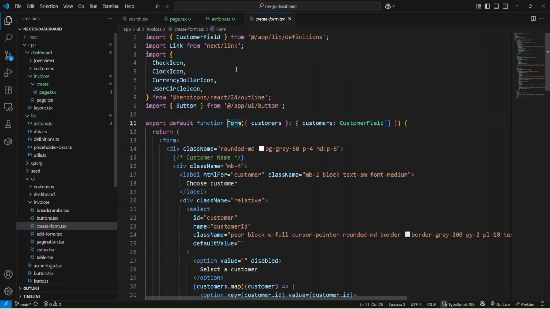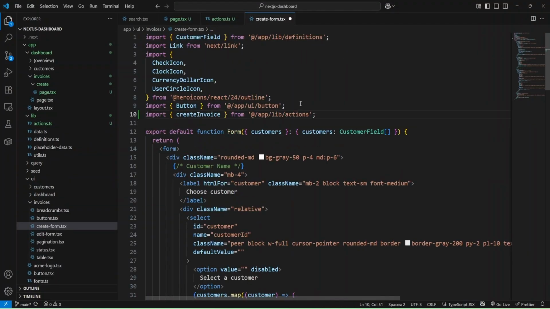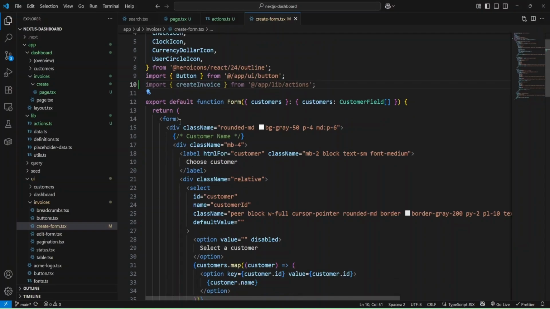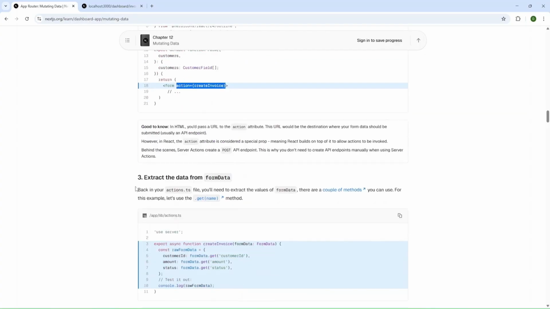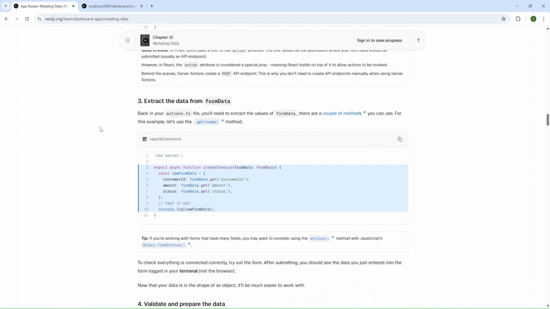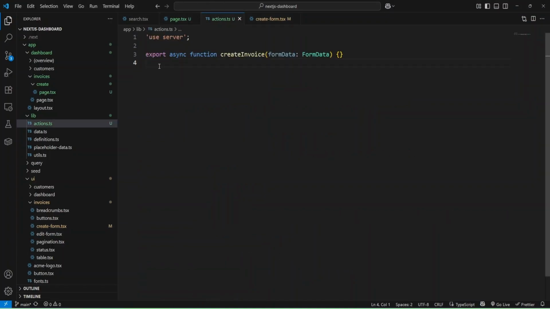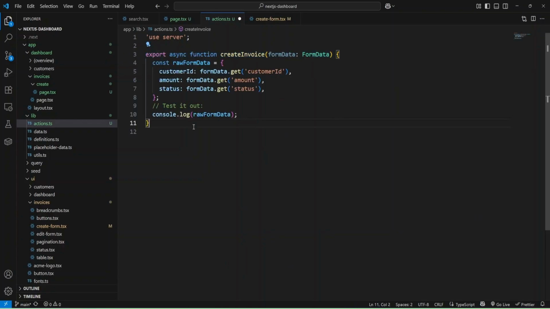Okay, and let's do it. Okay, and we're going to use this create invoice for form action. Okay, and let's add action to our form. And what we have next? And next we'll add our function, modify it, create invoice, and let me copy it and provide it here.